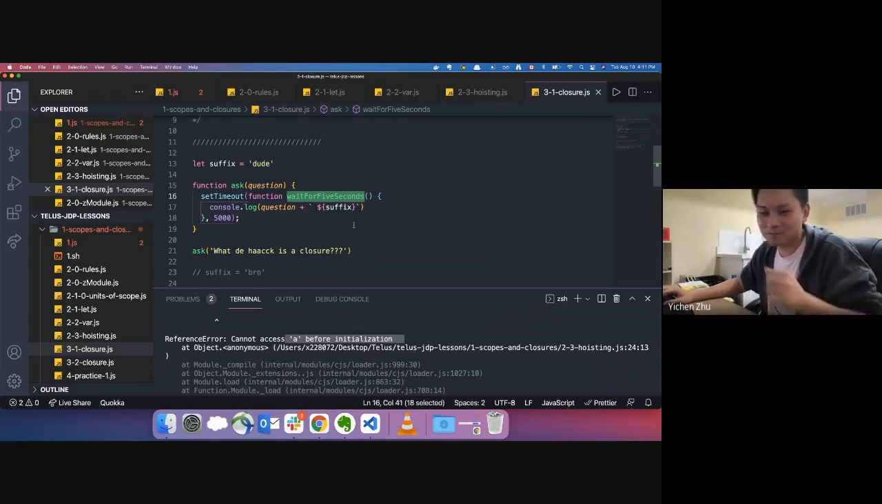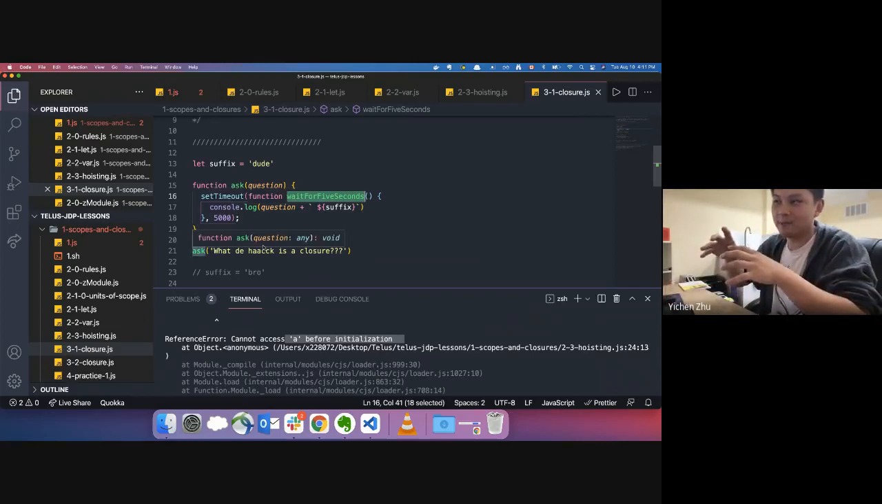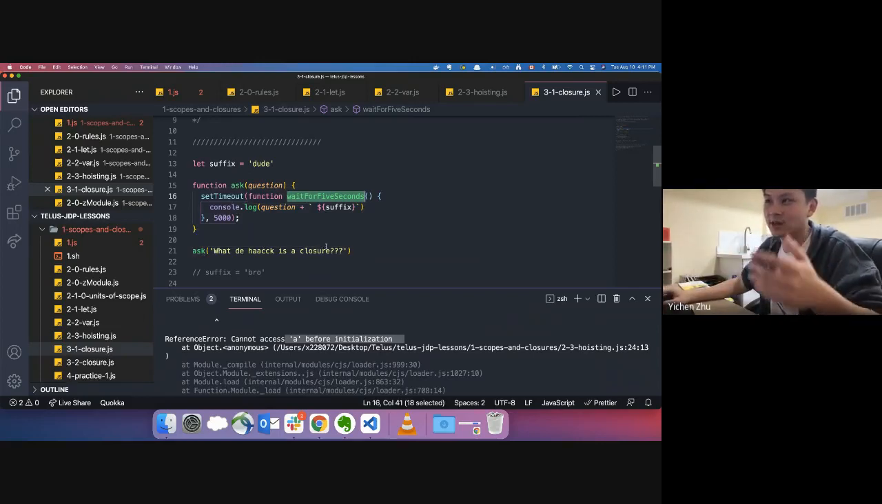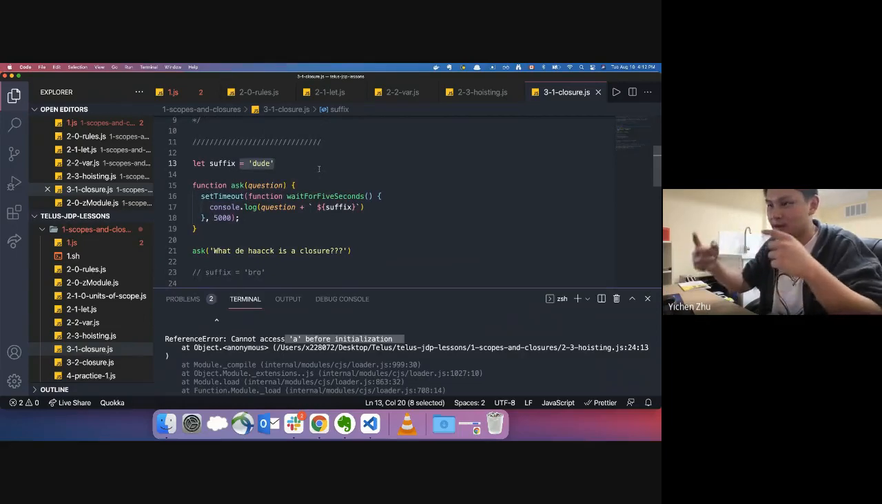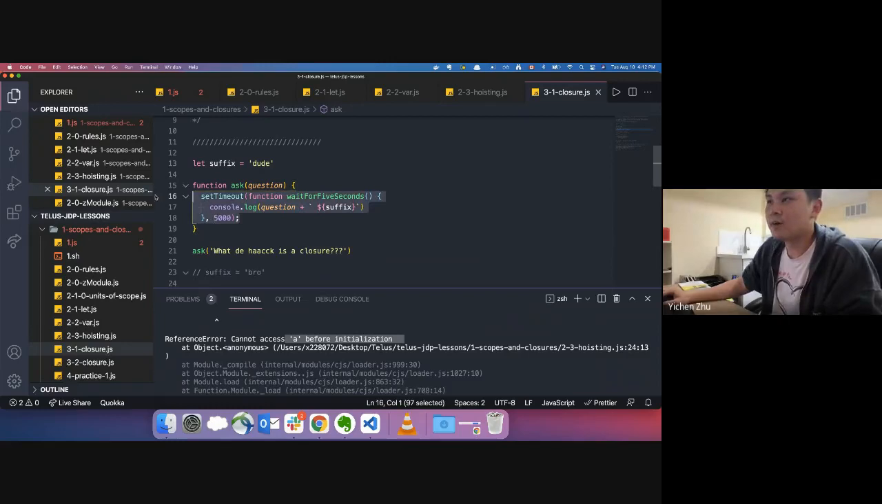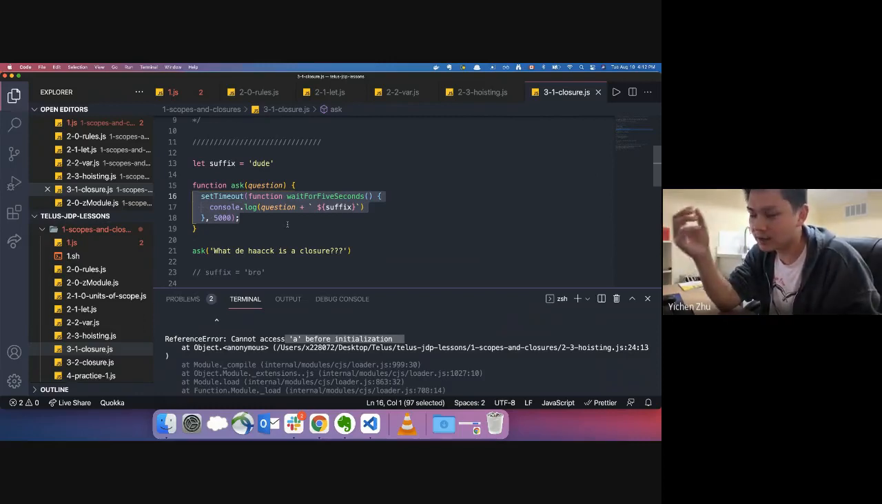So the output is going to be in 5 seconds, it's going to be what the heck is a closure, and then dude, right? That's essentially what it's going to be. But think about it, like I just said, from somebody who's never programmed before. If you describe this line to them and you said, okay, there's a function right here that's going to be invoked, that's going to be executed, whatever is inside this function, it's going to be executed 5 seconds after